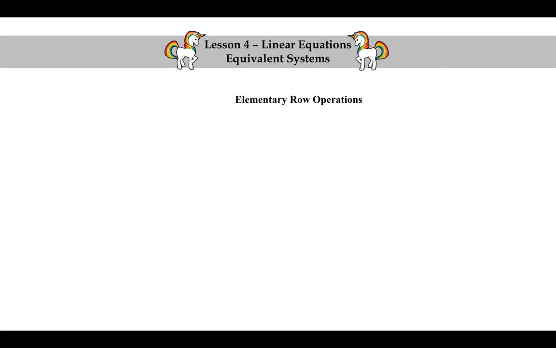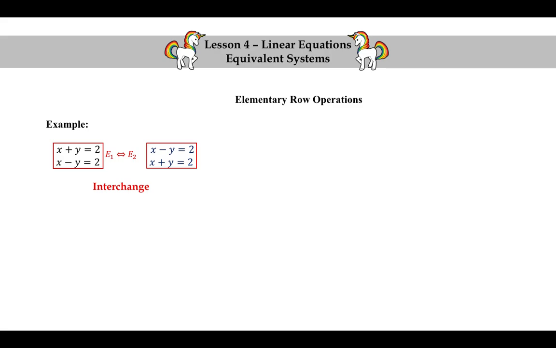Elementary row operations. Let's look at some examples to see how elementary row operations work. Here's the first example we did of interchanging 2 equations. Let's see how this interchange works in terms of augmented matrices. The augmented matrix of that first system on the left is 1, 1, 2, 1, negative 1, 2. We're going to go ahead and interchange the 2 rows of this augmented matrix, and we use this notation row 1 with the double arrow row 2,